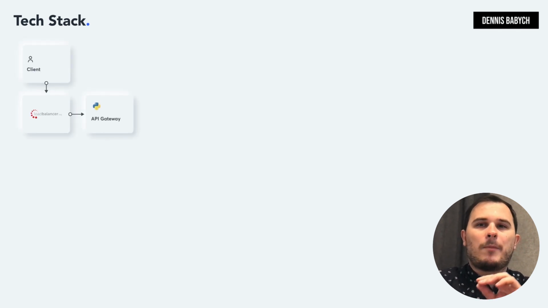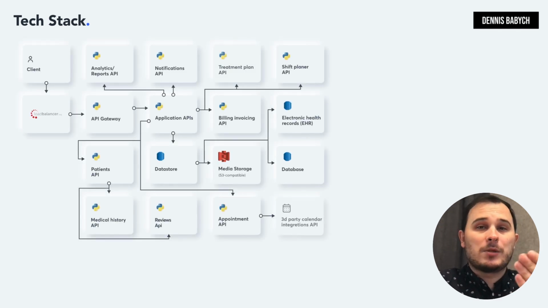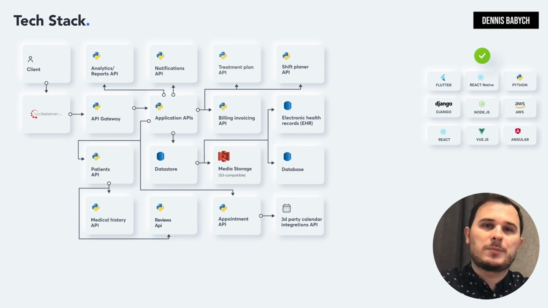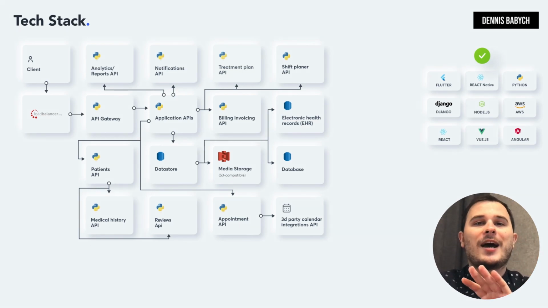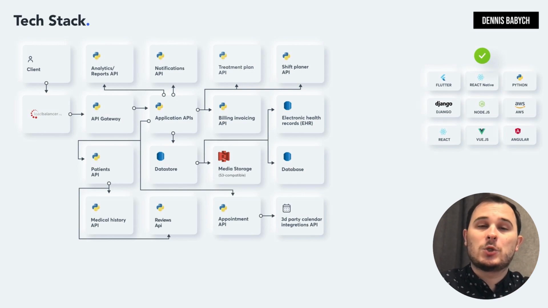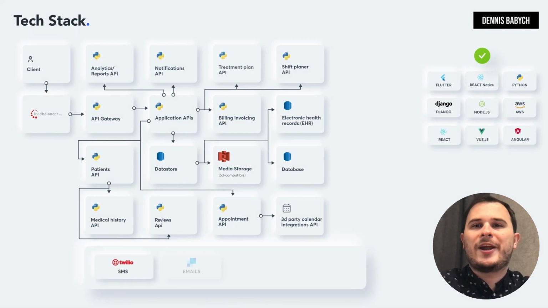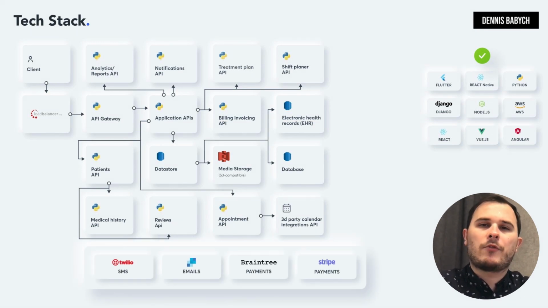If you're planning to create a CRM, it's essential to select the appropriate tech stack that enables rapid development of your minimum viable product. Flutter or React Native are excellent choices for swift mobile app development. For backend development, Python, Django, Node.js, and Amazon Web Services are perfect options. React, Vue.js, and Angular are ideal for crafting web applications with ease. Additionally, leveraging third-party services like Stripe and Braintree for payments processing, Twilio for SMS, and SendGrid for emails can expedite